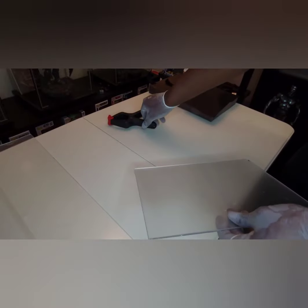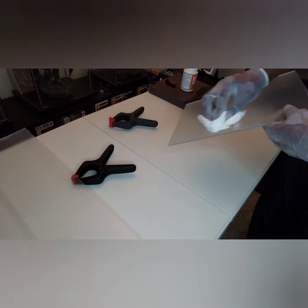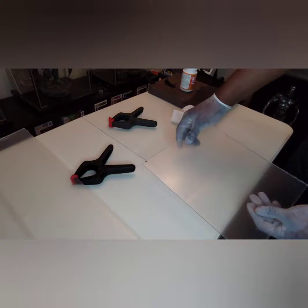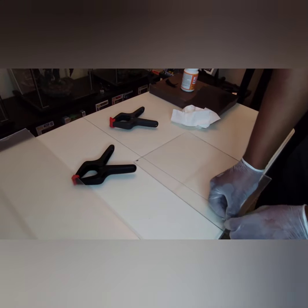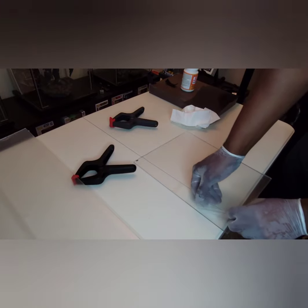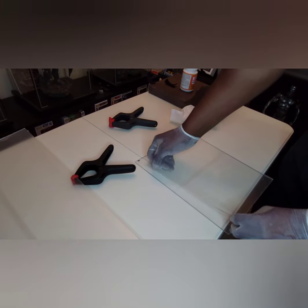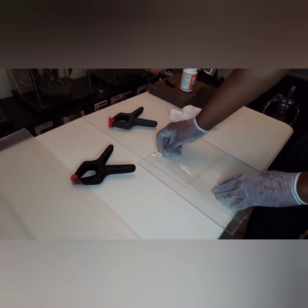So, since I have this here, what I'll show you is when you're doing the Velcro, you're gonna have to commit once you put that Velcro down. So don't take this cover all the way off until you're completely done with what you're doing with it. Take that edge off on this side,